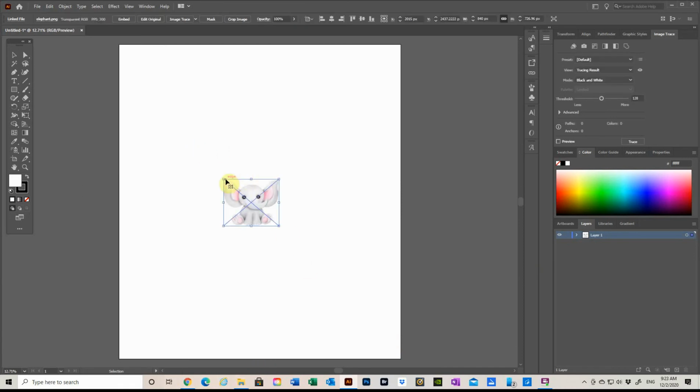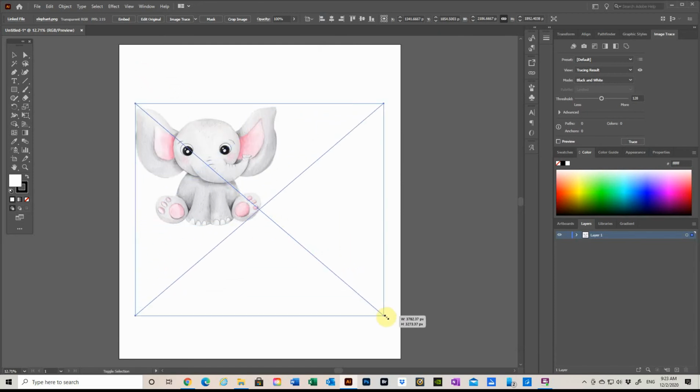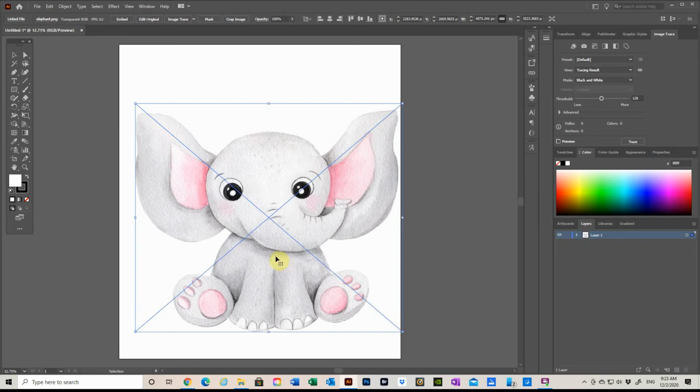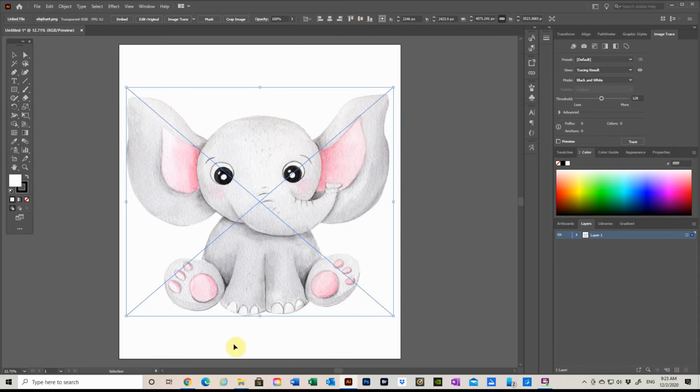Okay, let me enlarge the little fella. Center. Okay, this will be fairly simple.